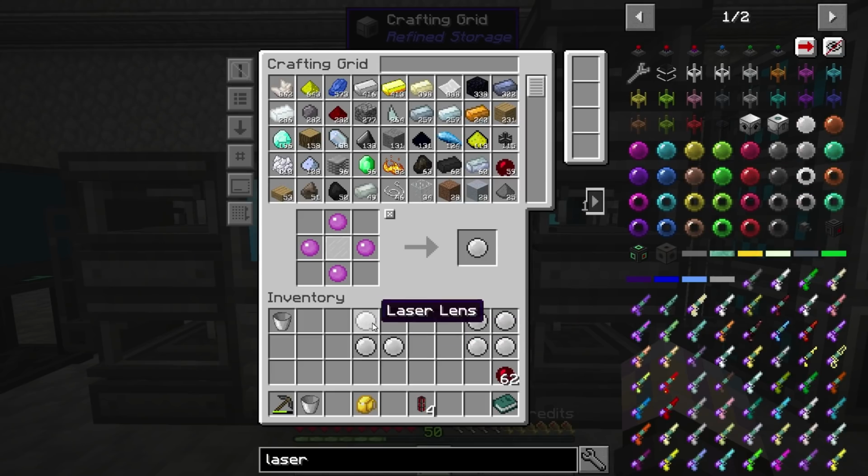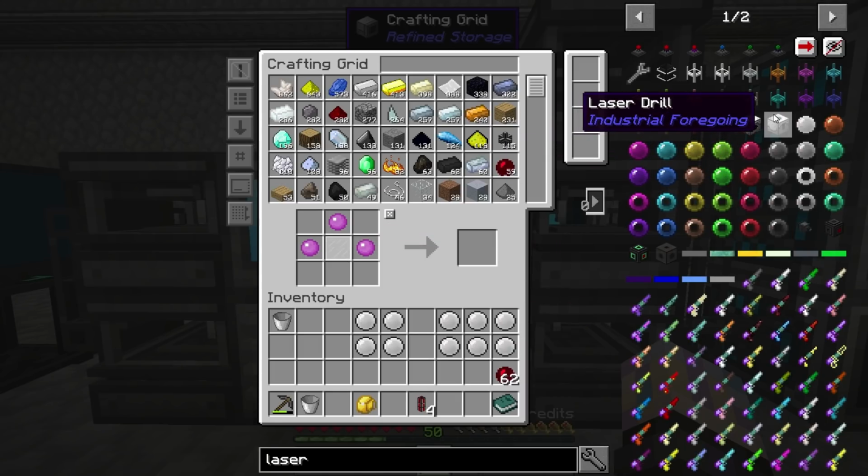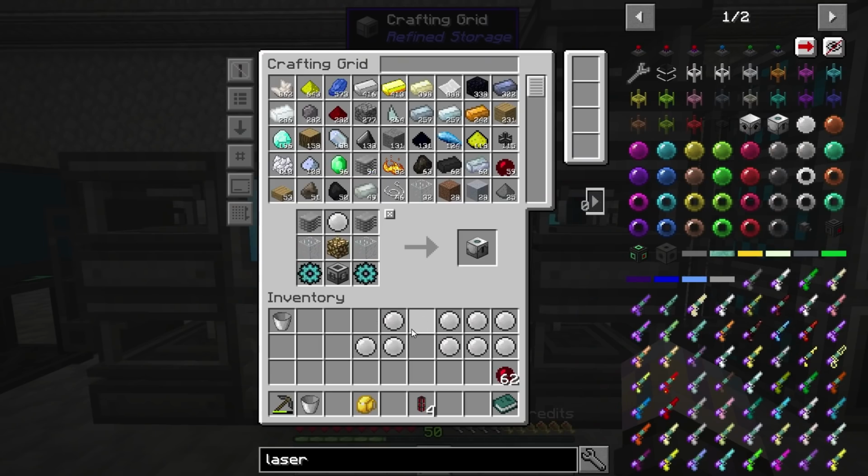Actually, we'll need 4 for the building. So I don't even have enough pink slime to do that right now, do I? How many can I make? Oh, maybe I do. That's 4. Yeah, we're good. Okay, we actually had just enough. That's awesome. Okay, laser drills. So let's throw those in there. Let's make 4 of these puppies. And we'll have to do them...